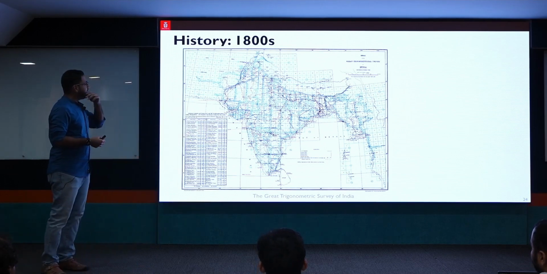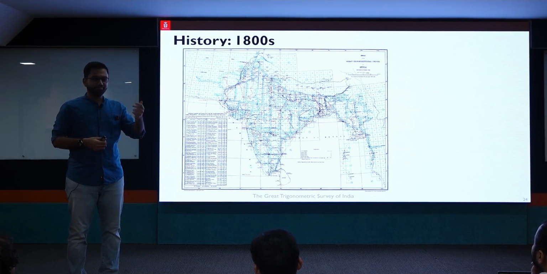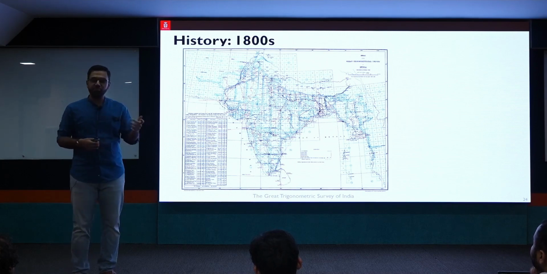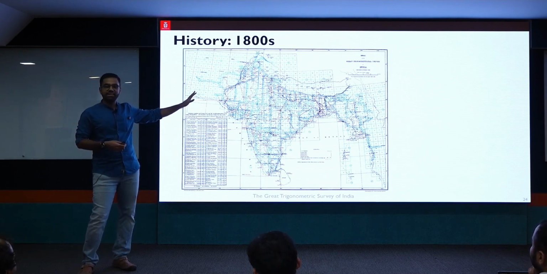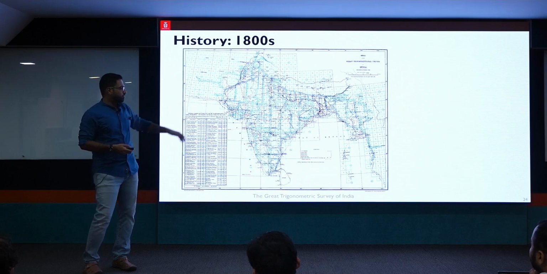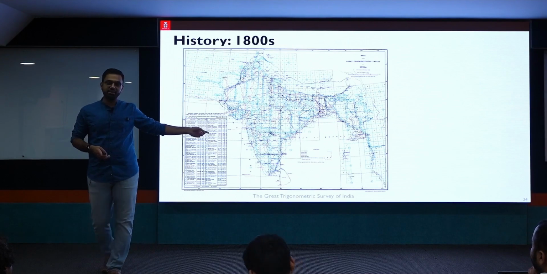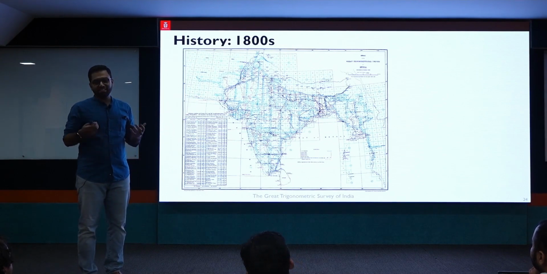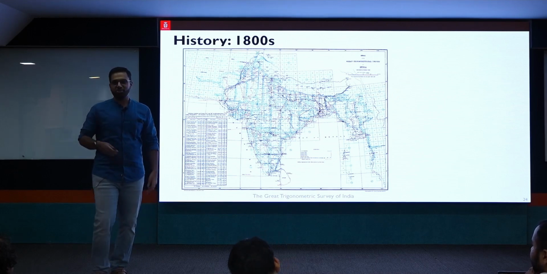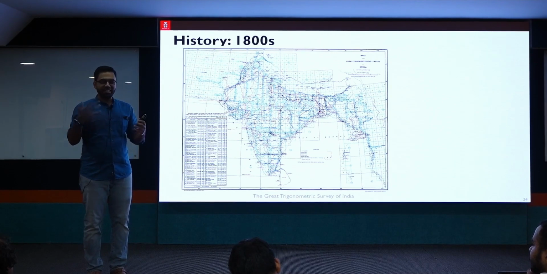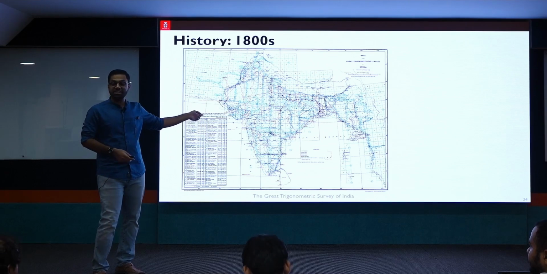For example, in the 1800s, there was this survey started by the East India Company. They did a survey of the entire Indian subcontinent. It's called the Great Trigonometric Survey of India. So they wanted to go from maps that look like this to maps that look much more accurate, that look like this, right? And the reason for this, of course, was that they could collect better taxes, etc. So this was not necessarily an entirely scientific endeavor,